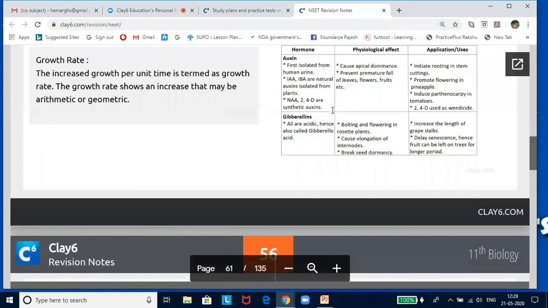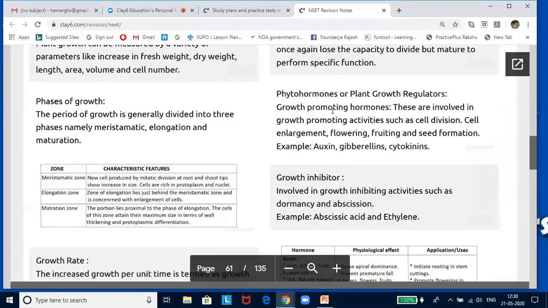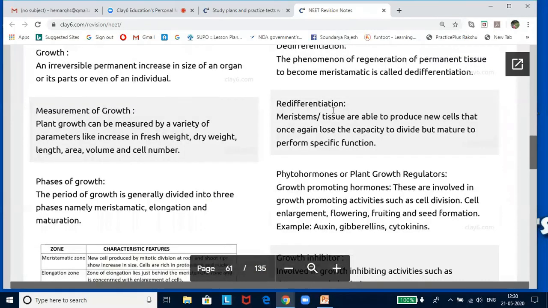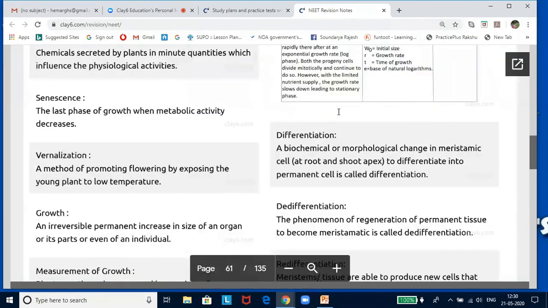vernalization. Many plants such as winter annuals, biennials, and perennials require a cold temperature treatment before flowering can begin. This requirement for a cold exposure is called vernalization. Different species are vernalized at different ages. Some winter cereals can be vernalized as seeds, provided that they have imbibed, that is soaked up water, and are metabolically